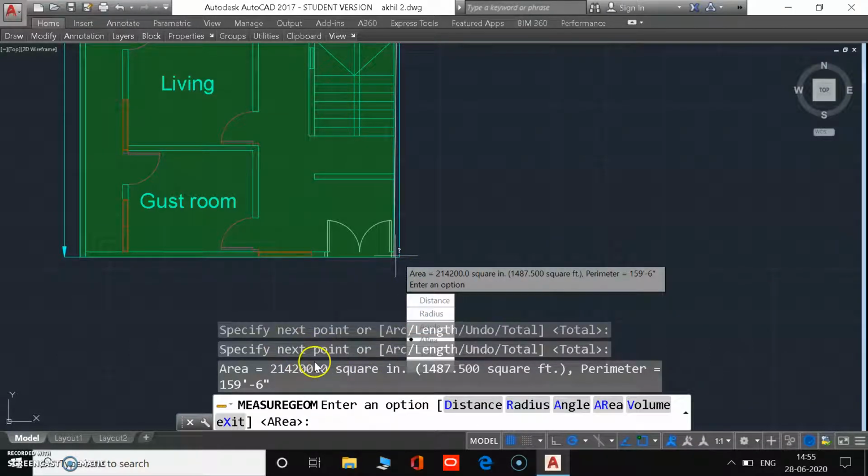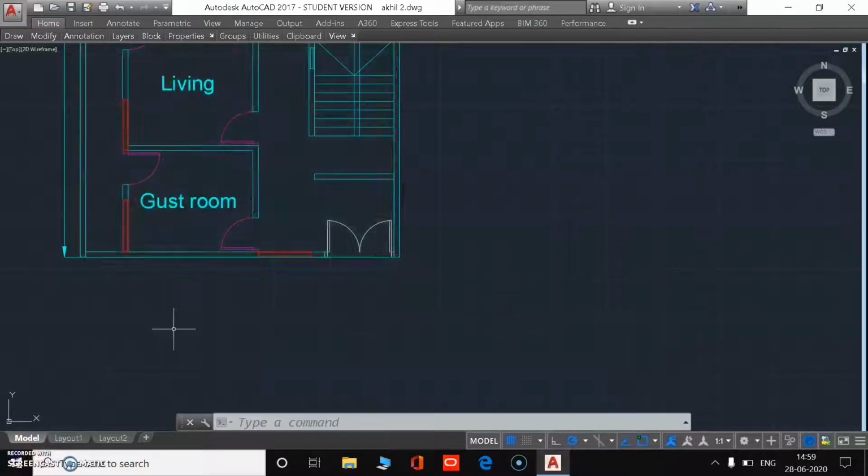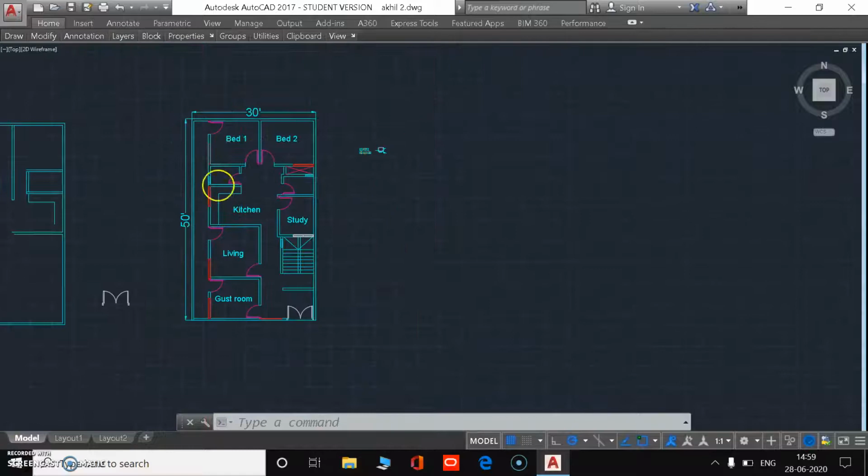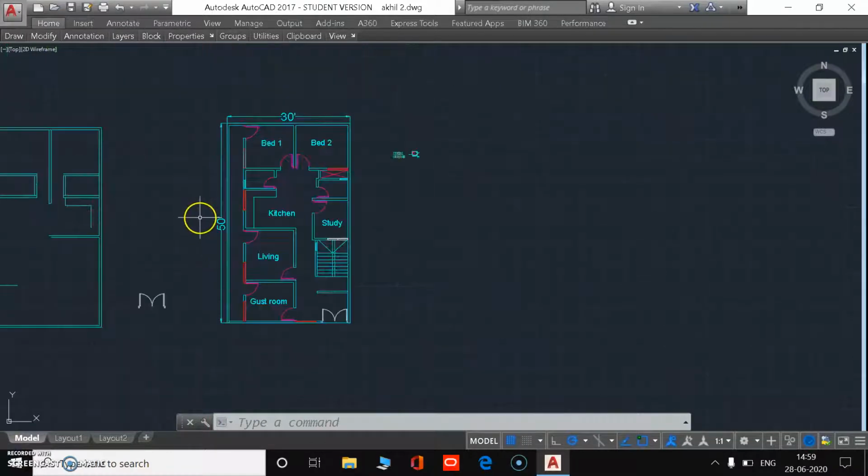Now, as you can see on the screen, the area of the plot is 2,14,200 in square feet. Actually friends, we made a mistake by selecting the points.